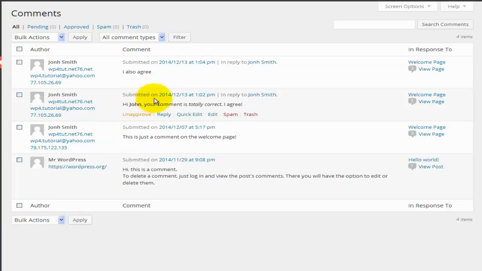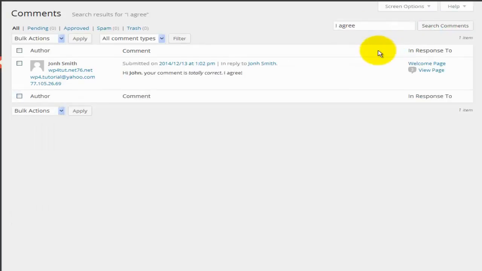Alright, so this is how you will go about controlling the actual comments, and let's have a look at the options that we have on this page as well. We can search for comments here. There's a search box. You will type some of the words that you are searching for. So for example, if I write I agree, and if I hit on search comments, I would get a comment here that has that I agree bit in it. So that's this bit here. Alright, let's go back to all,